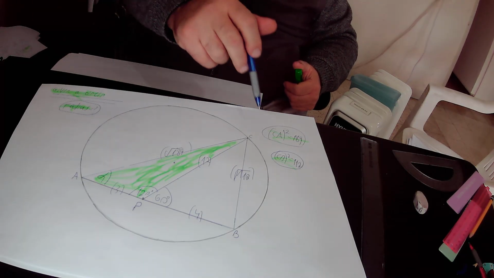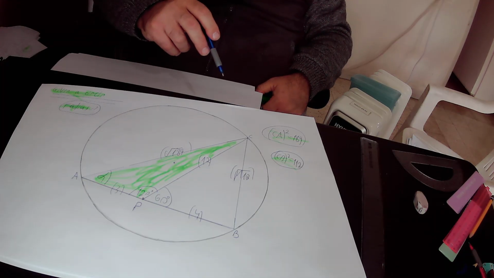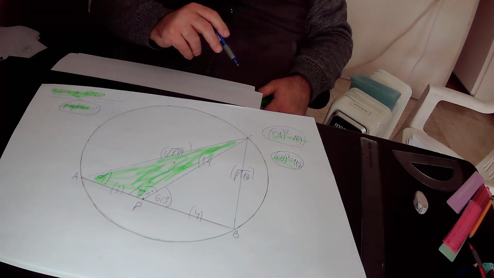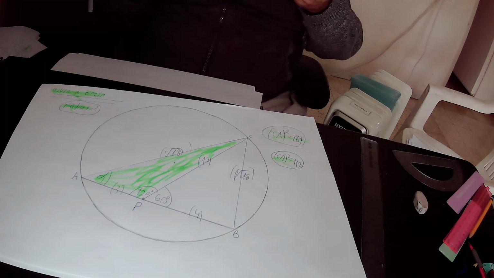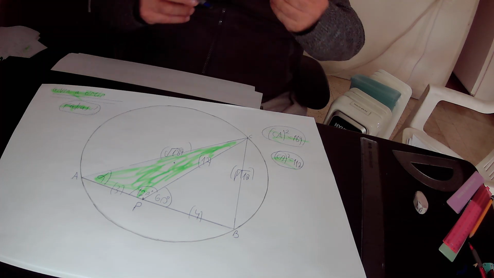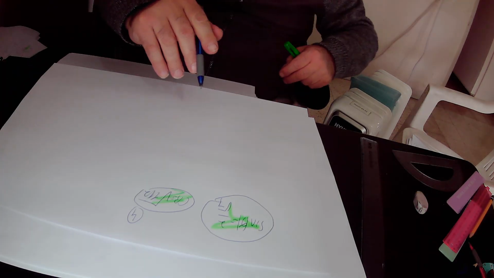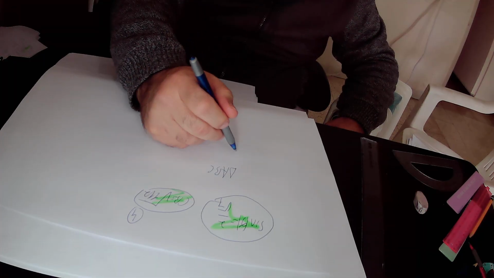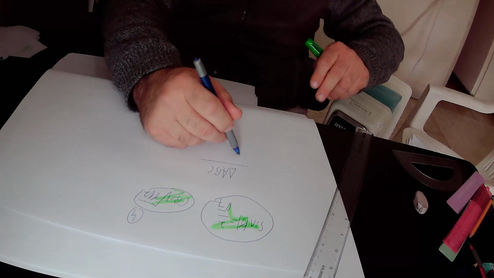First of all, triangle ABC is described by this circle. Why? Because all three vertices of triangle ABC lie on the circle. Therefore, triangle ABC is described by this circle, and we can implement the law of sines in its full version. So if we focus on triangle ABC, according to the law of sines in its full version,